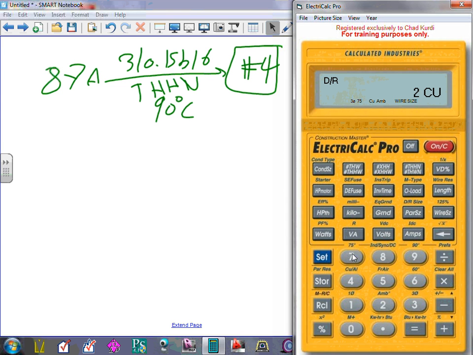Now the roof, you're going to agree with me, wherever you go, even in the desert, it rains, so it could be wet location. Wet location, then it's THW. THW is rated for 75. When you derate, you have to use the 75. How do you use the 75? You hit right here, set 7, size based on 75,